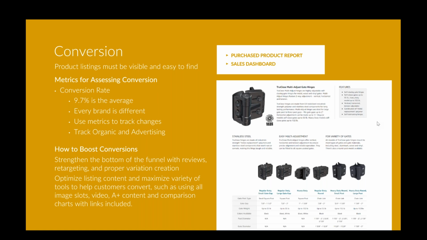But with the variations, if you can vary, like in this case, by what material gate each of these hinges could go on, that's another thing that you might not have any idea about as a customer without previous history with this brand. But going to their store and seeing, oh, there are different kinds for certain materials of vinyl or plastic or metal. Okay, and then you can click into those and figure out, hey, I have other gates. And that's how you earn a lifelong customer and get somebody educated and reduce your own returns.